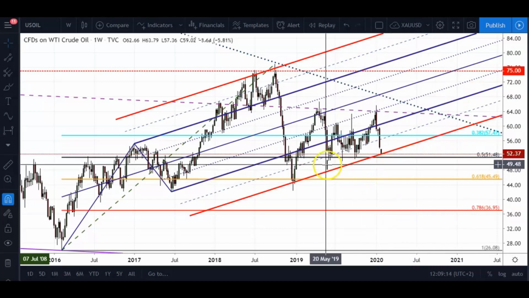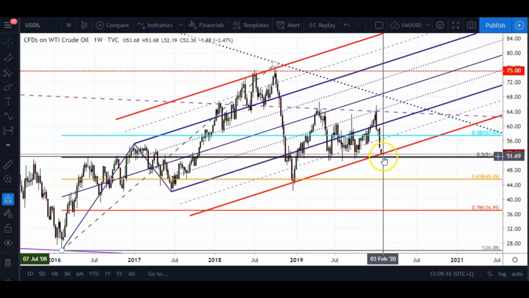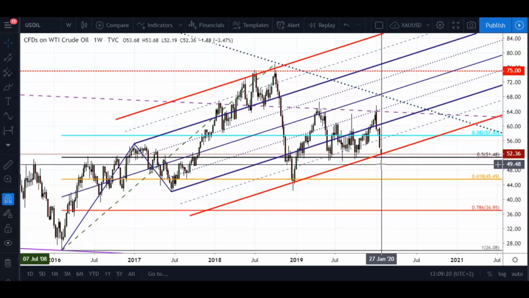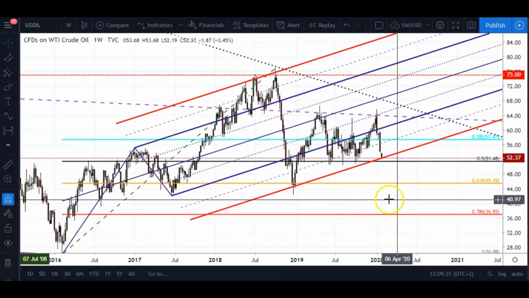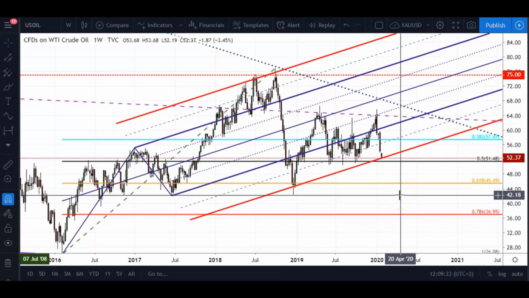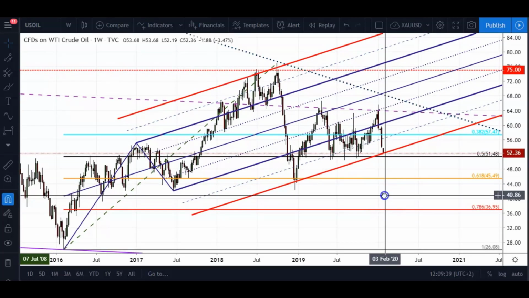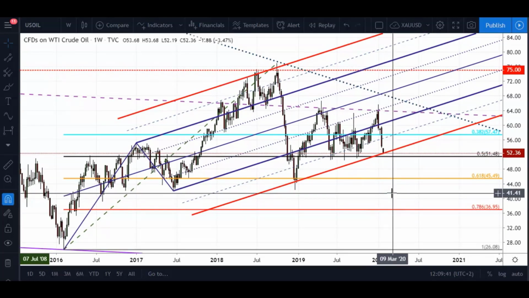but for me, really, there's nothing to do at the moment here. I'm fully aware that this is probably the fourth time we're going to see the 0.5 or 50% retracement level being tested. And like I said, on the fourth test with a break below that, we could see price really decline towards this 2018 December low over here before I would get interested in actually attempting a trade to the long side in crude oil.